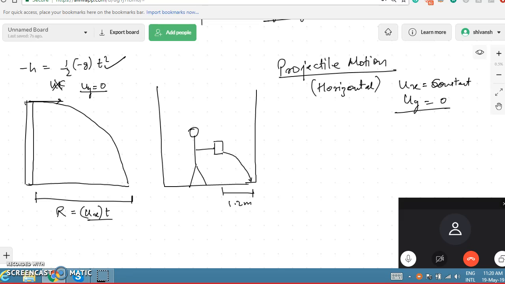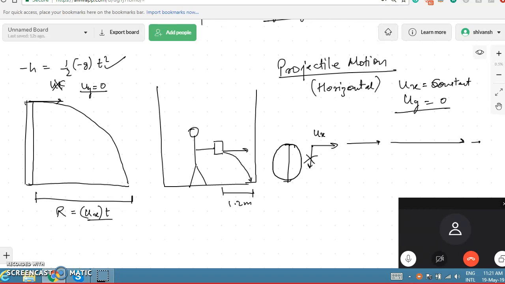Right? Now what is the concept? The concept is that the water is falling in this particular manner, in this particular direction. So it has only a ux, only a velocity along the x direction, no velocity along the y direction. Which means that its motion along the y direction is completely unaffected by how fast this water is coming out. It may be coming out this fast, or this fast, or just this far. Which means that in each case, it will take the same amount of time to travel this much distance.